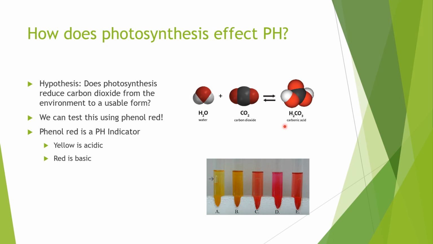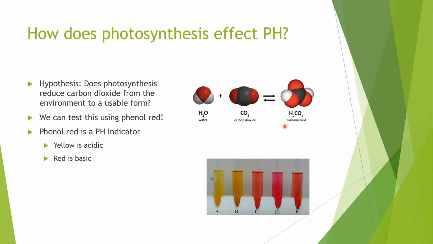So one might speculate that photosynthetic organisms have a role in reducing this effect of carbonic acid. Well, how might one test for this? Do photosynthetic organisms, water organisms, remove acidic carbon compounds such as carbonic acid from their environment? And if so, what might that rate be? We can test this using phenol red, and you will test this using phenol red in your virtual lab. You're going to assemble a solution with a plant in it,